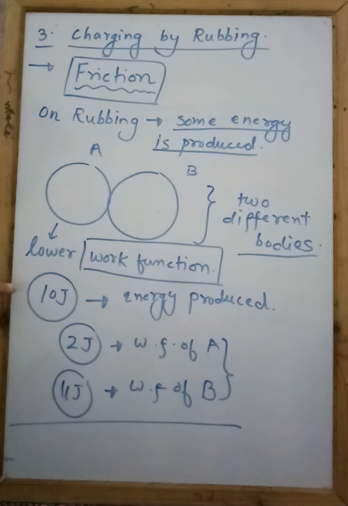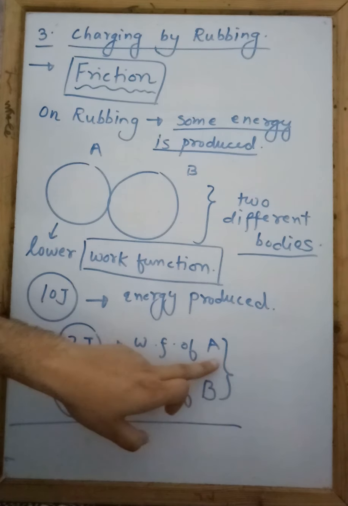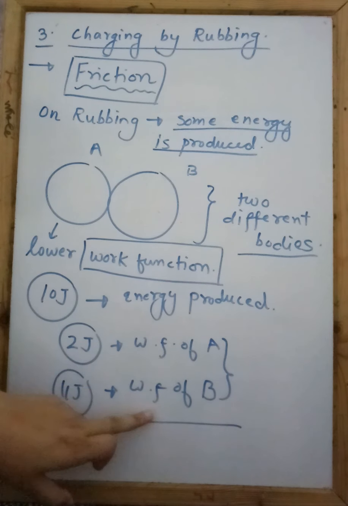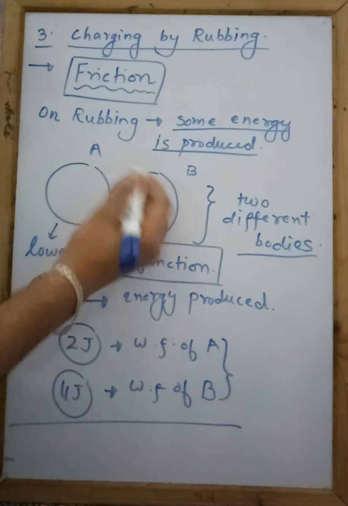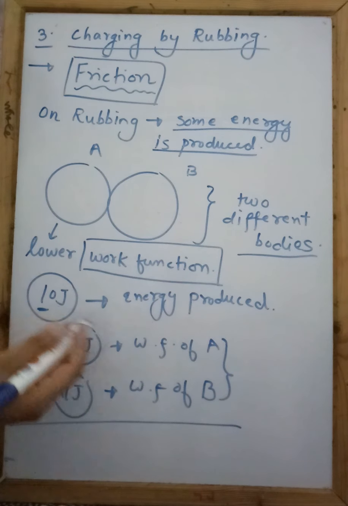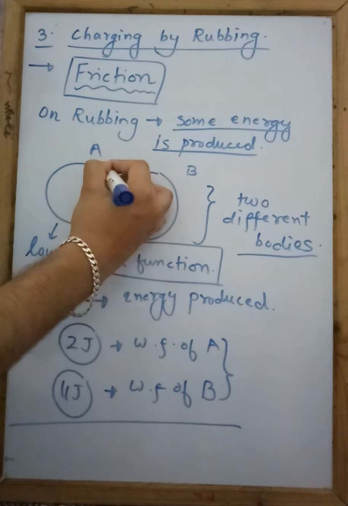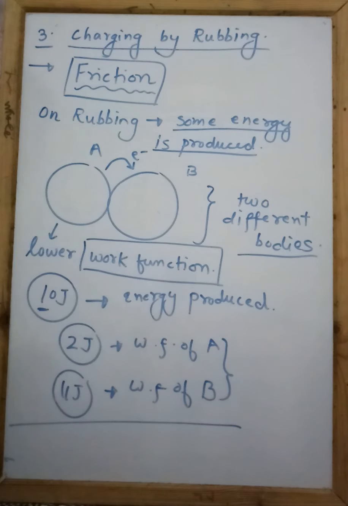सो एनर्जी प्रोड्यूस हुई 10 जूल्स, A को इलेक्ट्रॉन लूज करने के लिए एनर्जी चाहिए 2 जूल्स और B को चाहिए 11 जूल्स। सो व्हाट इज गोइंग टू हैपन, हमारी एनर्जी 10 जूल्स है, तो क्योंकि A को सिर्फ 2 जूल्स की ही एनर्जी चाहिए इलेक्ट्रॉन लूज करने के लिए और हमने 10 जूल्स की एनर्जी प्रोड्यूस करी, सो A बॉडी will consume that much energy, and it will lose its electron. A बॉडी अपने इलेक्ट्रॉन को लूज कर देगी क्योंकि इसको एनर्जी चाहिए सिर्फ 2 जूल्स की और इसको मिल कितनी रही है 10 जूल्स की, तो 10 में से 2 जूल्स की एनर्जी A गेन कर लेगी